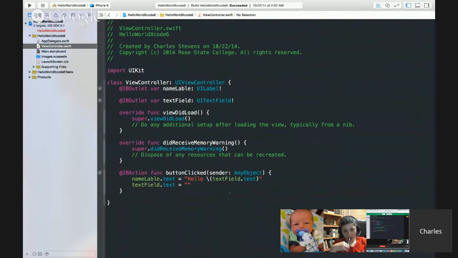Mm-hmm. Because like this one here, you've got your name label.txt, and you really have your hard-written code here, hello, and then you have your text field added into it, or your string, and it's really the backslash text field.text that is your string added into it. The only reason we have it again down here is because we're making it blank again. This way, when you go and actually start running it,